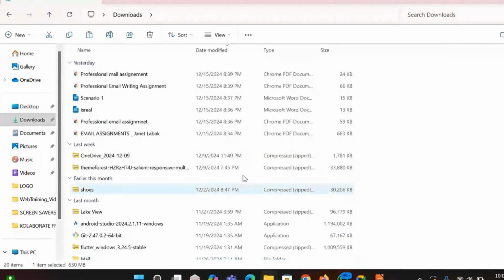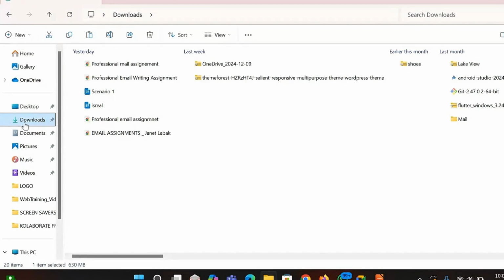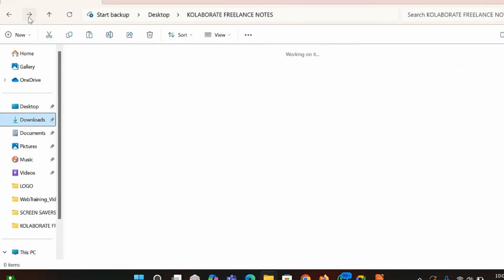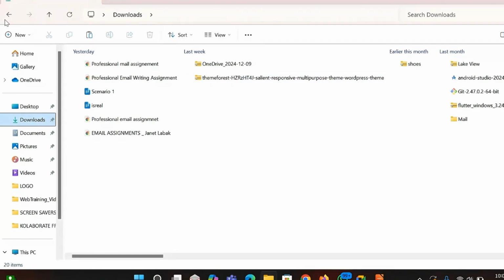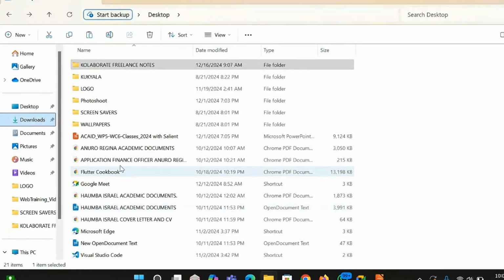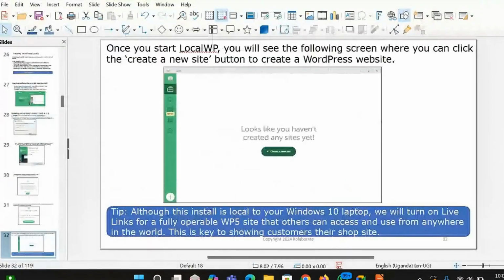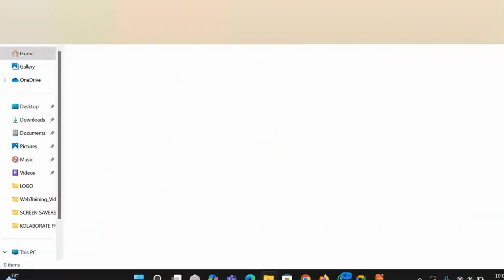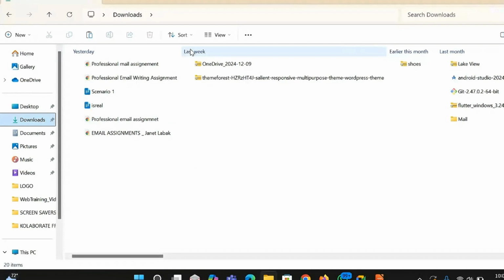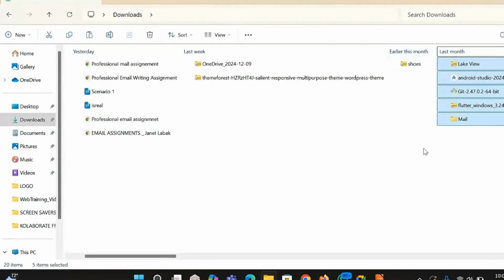After you have downloaded, you look at your downloads. Sorry, I'll close this window.